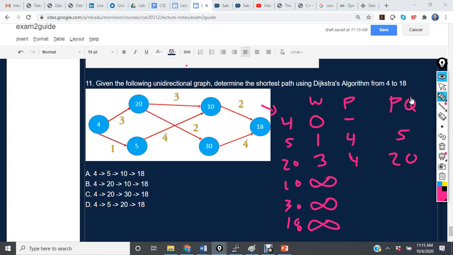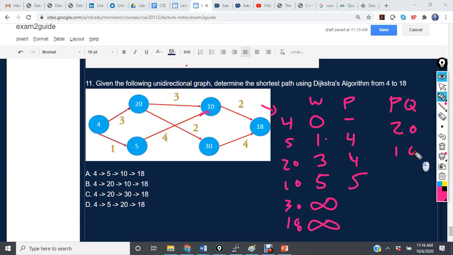So now let's evaluate 5. 5 has one outgoing edge to the vertex containing the value 10, and that has a value of 4. So this means this path is 1 plus 4, which is 5. And we know this because the current weight at 5 is 1. And since the current weight at 10 is infinity, 1 plus 4 will give us a weight of 5, and a parent with a value of 5 as well. So since the weight is 5 here and 20 is 3, then our new priority queue is going to be